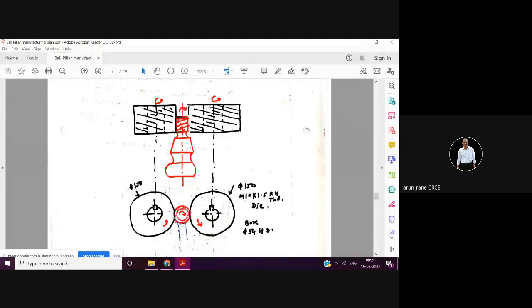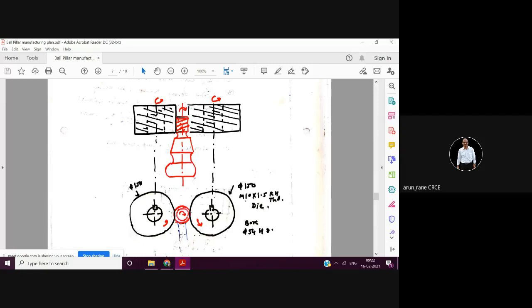This is the component which is kept on a work rest. So this blue color is a work rest. It has a little V here on which this component is rested. Now this die is rotating like this, so the component will rotate like this, and the direction will be in this direction. So this and this will rotate in opposite directions. If you look from the top, the rotation will be seen like this.